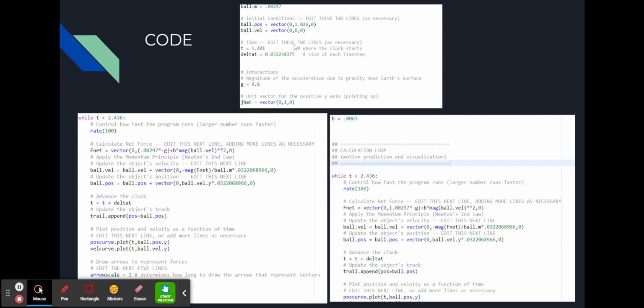In our code, you can see in this top section, we have the ball's position vector, which was initially 1.026 in the Tracker software. And we have our starting time from when the ball was dropped, and then our time steps, along with the force due to gravity, which would be 9.8 meters a second squared, and the j hat, our unit vector for it. If we look on this last code, this is the code for one of our simulations